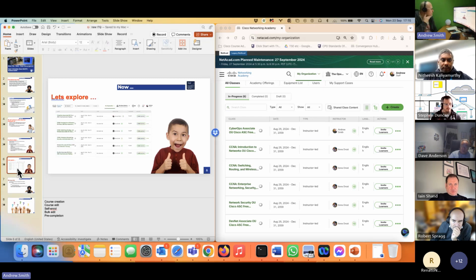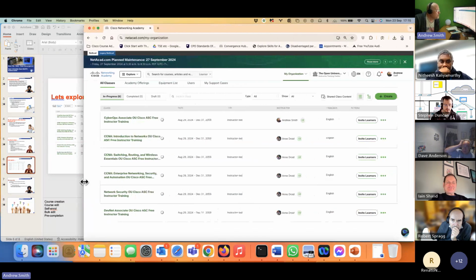So I think the best thing to do is to actually go and explore NetAcad. I have literally got over here, and those of you that have been brought up in the United Kingdom for long enough, here is one that Nitesh and I made earlier. On the right hand side, I'm in the ITC at the moment looking at a set of courses, and you can look at them as well because you've got staff status. You can go and look, but please do not add yourselves to these courses because it's myself, Nitesh, and our Gestalt entity Android